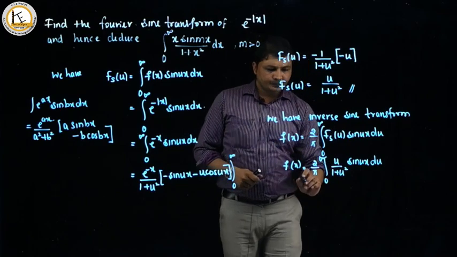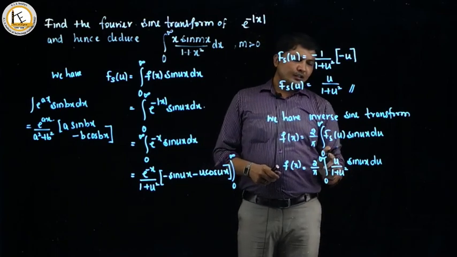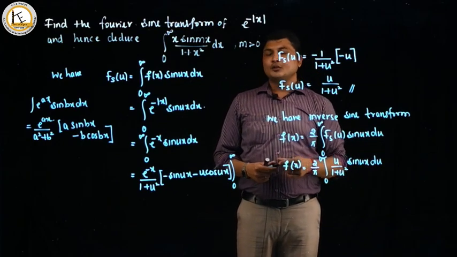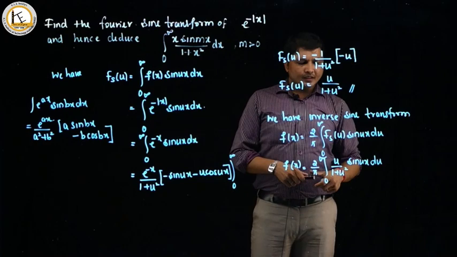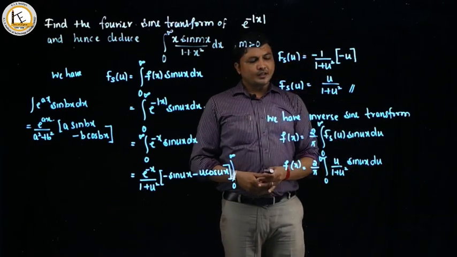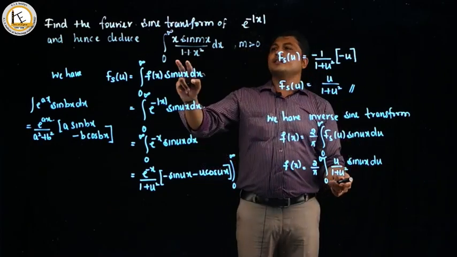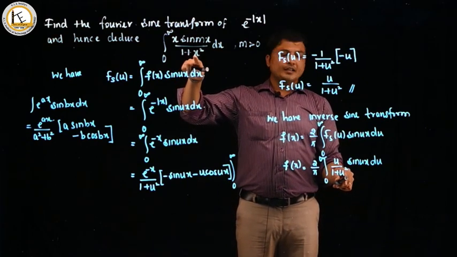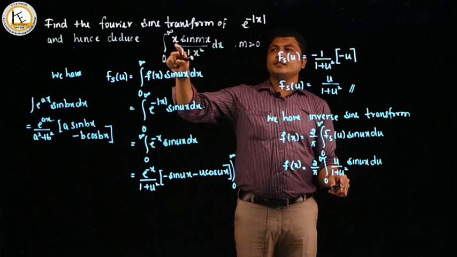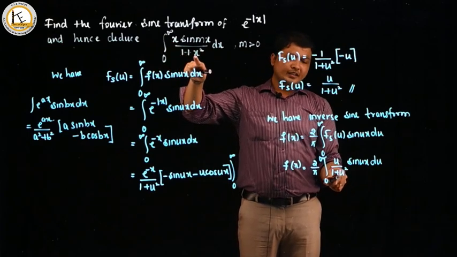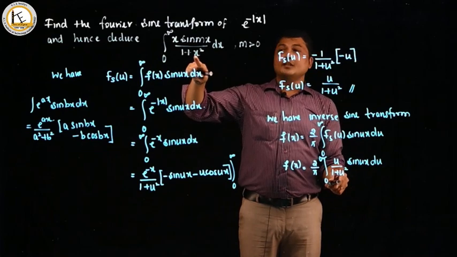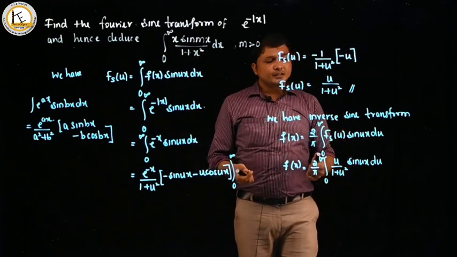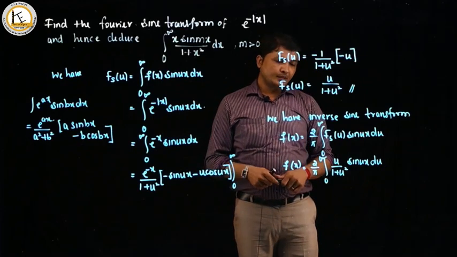So here obviously we are having the integral of u into sin ux with respect to u divided by 1 plus u square. When we compare this integral with this, we come to know that in place of u we are having x. Obviously here x divided by 1 plus x square means here we are having u divided by 1 plus u square. So obviously when we see it, it looks like we need to replace u as x directly, but